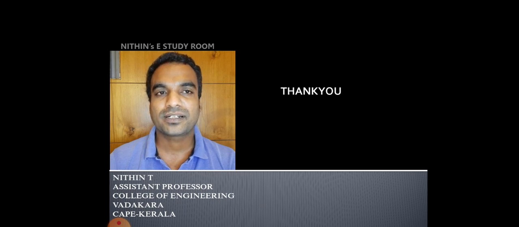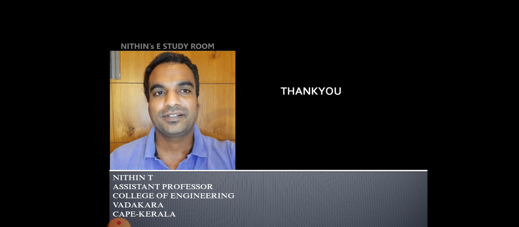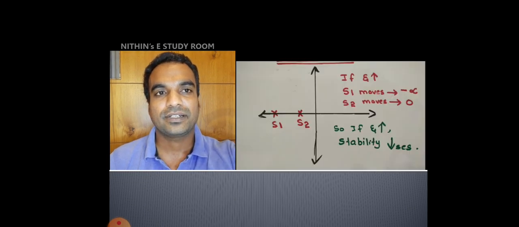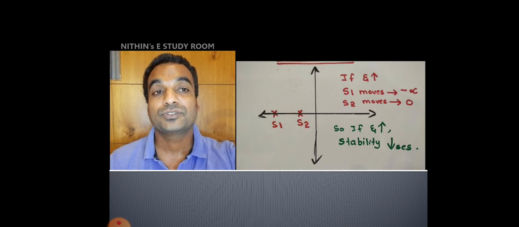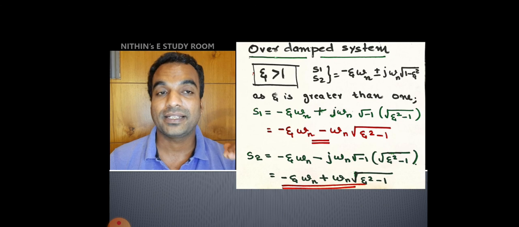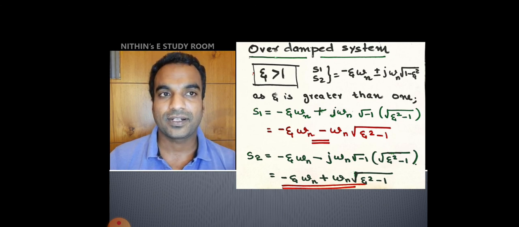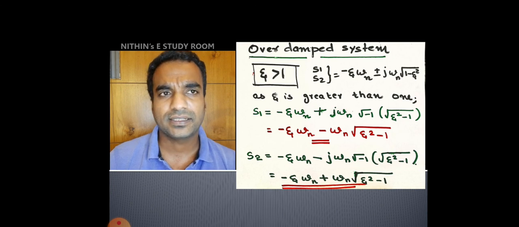Definitely both poles are real and the values are different. So which type? Both poles are different, s equal to minus 2 and s equal to minus 3. So you should know the value of eta is overdamped. Eta's value is greater than 1, and you can do that analysis.